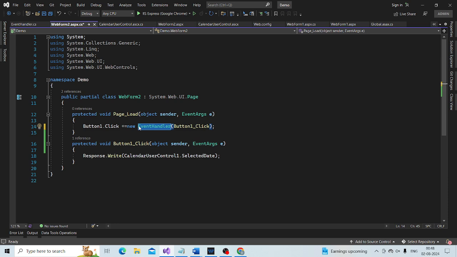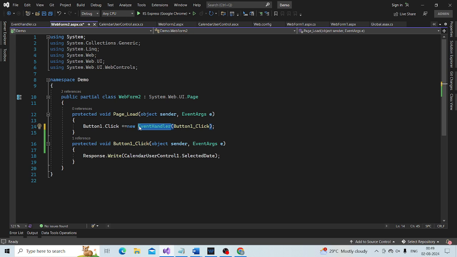So obviously when this click event happens, this event handler method gets called, and that is through the delegate. That is why delegates are called function pointers.